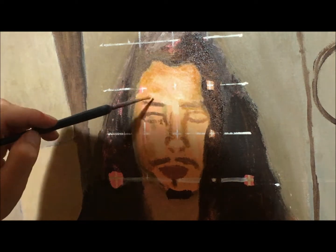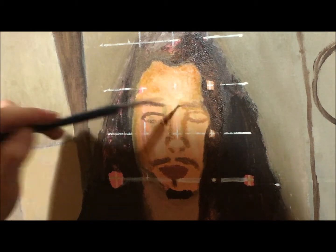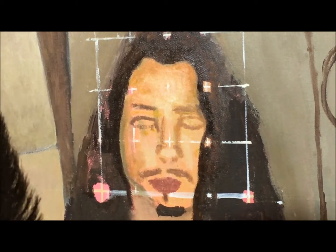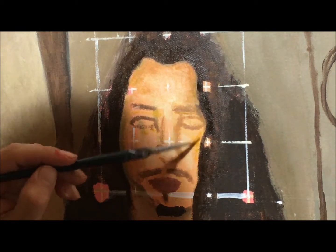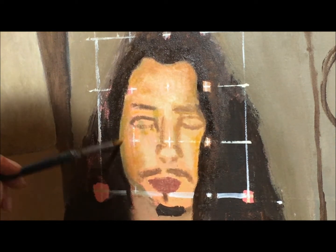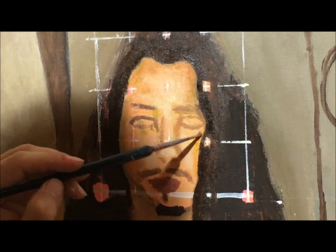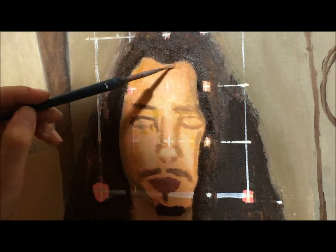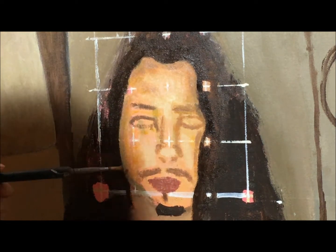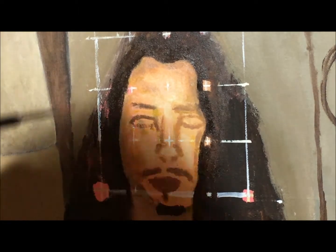But anyways, this is the part where I'm integrating some more yellows, some more reds. I'm balancing out the browns more. I'm going to begin blending the edges more. I'm also estimating where those smaller shadows are going to be, because the shadows on the face, especially on a small portrait like this, are going to be very versatile. Some parts are going to be darker than the other ones, and so you've got to reconcile the various